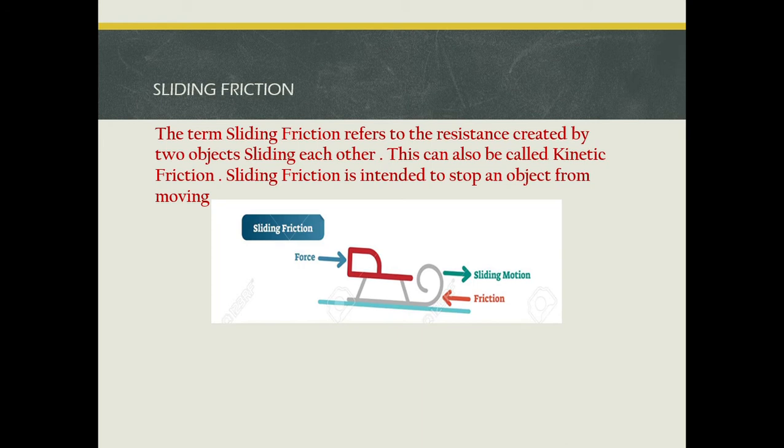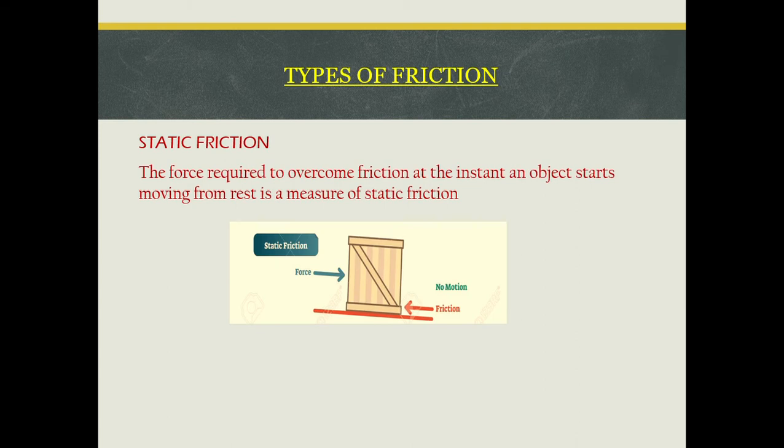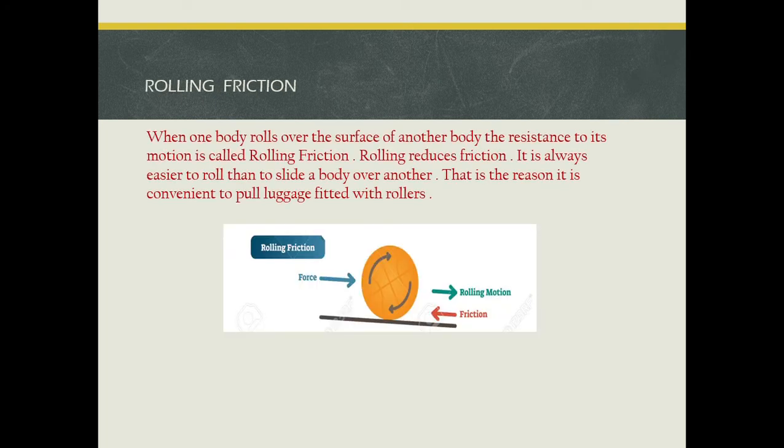So that is sliding friction also, because the object is placed on a slanting surface, it's not straight, you see, so it will slide, and here also interlocking will not be possible because it is sliding down, it is moving away. So if you look into the amount of friction, from maximum to minimum, maximum friction you will find in static friction, and static friction is more than sliding friction, and sliding friction will be more than rolling friction. So out of all the three frictions, remember, rolling friction is the least.